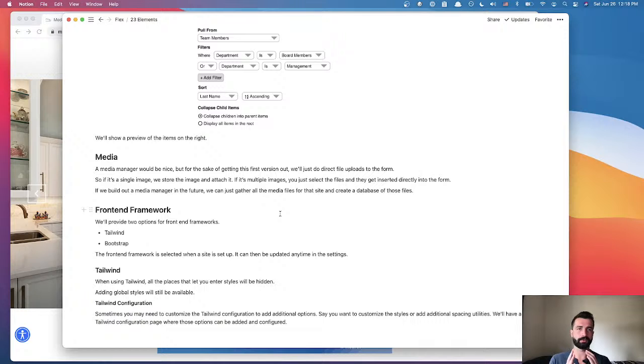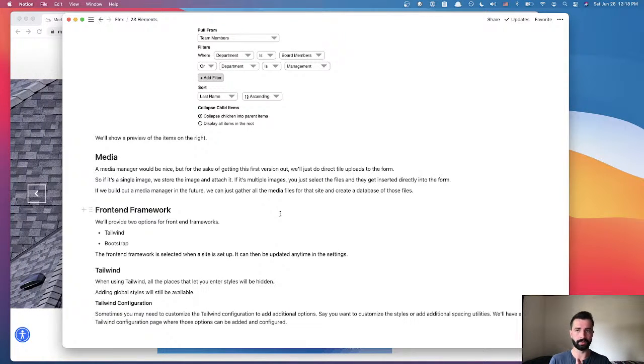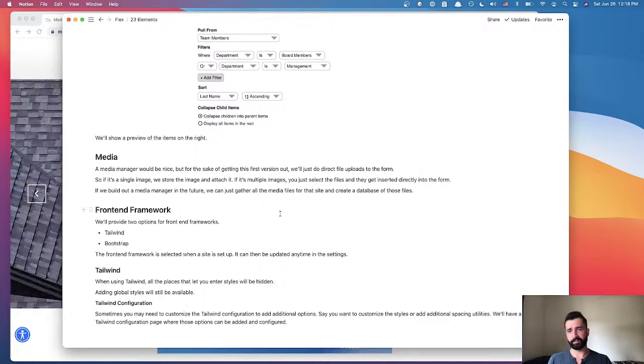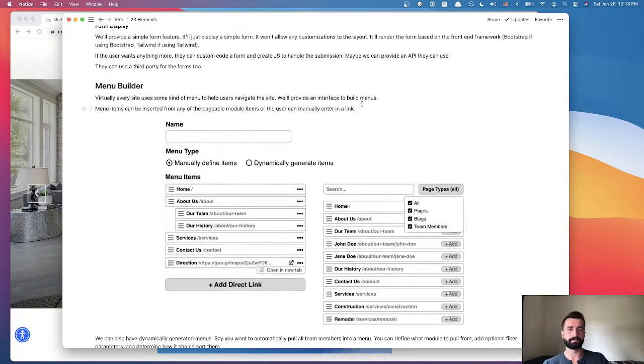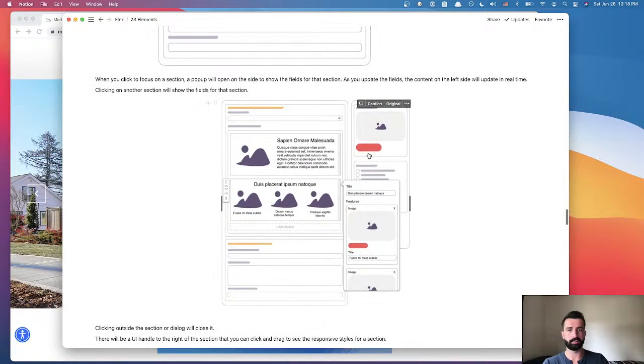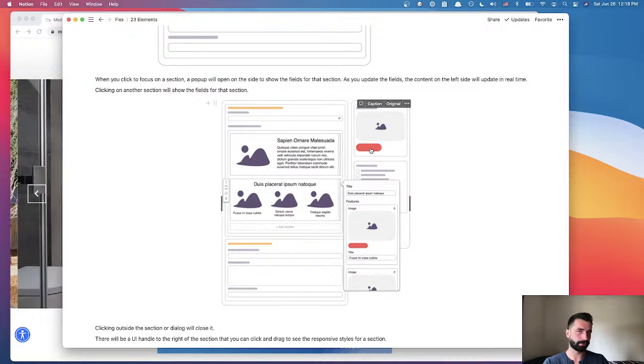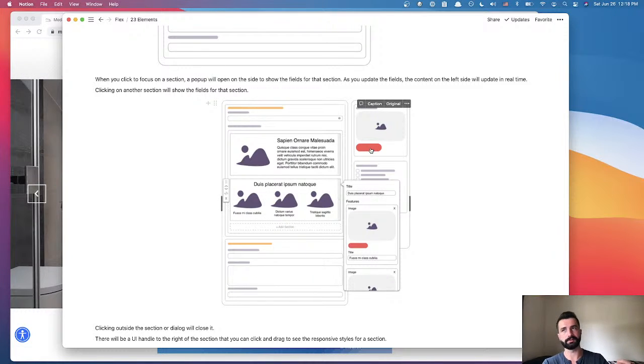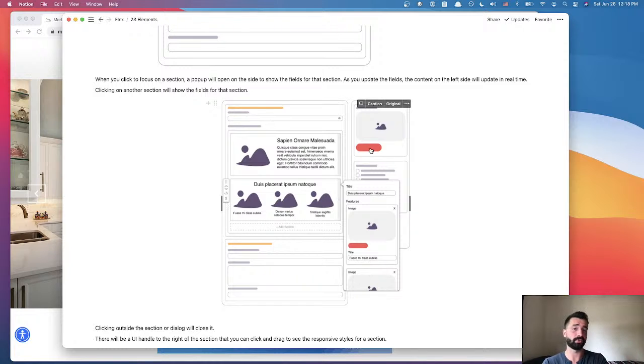My goal right now is to build a working product, so I'm putting media on the back burner, because if we look at our pages and content builders, we'll have a place to select images, and if a person needs to resize or crop an image, they'll just do it before they upload it.